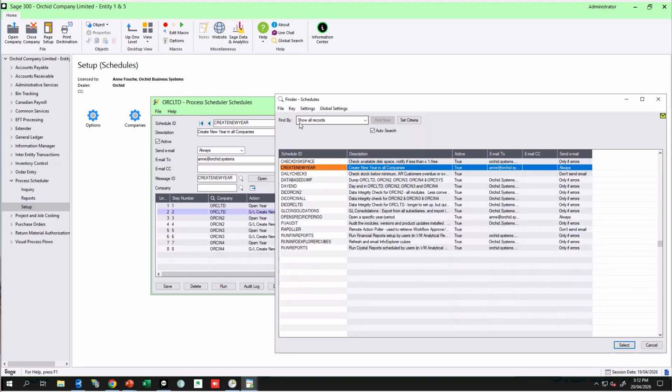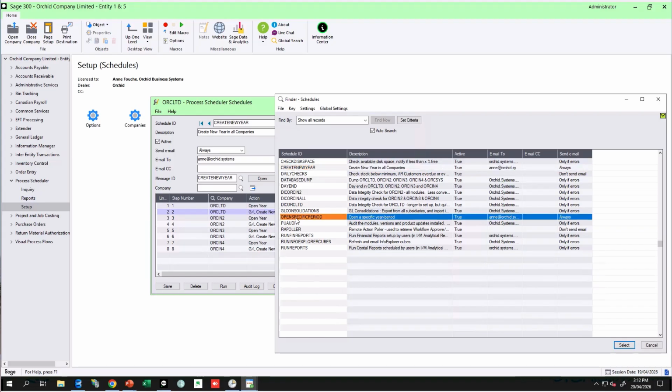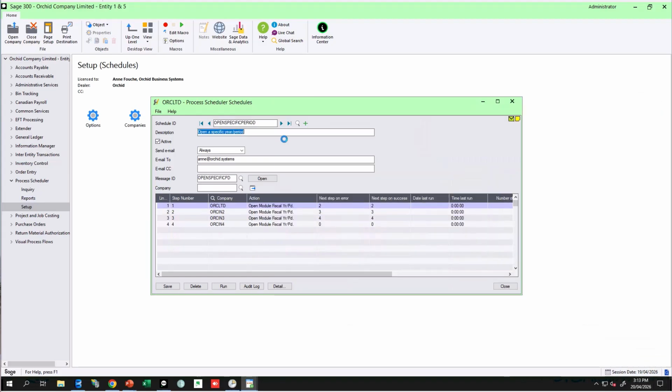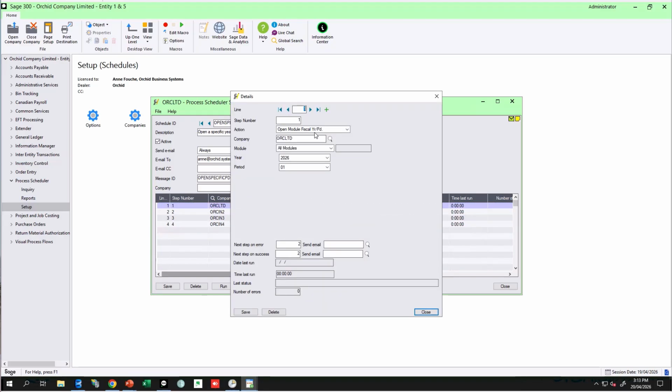And having a look at the open and close specific periods, this schedule has been set up to run in Orc Limited, followed by Orking 2, 3, and 4. And if we look at the detail, it is opening a specific fiscal year and period for all modules. And in this case, I'm in April 2026, and it is opening all modules for 2026-01. And then after doing what we need to do, we could run a second schedule, which would then close